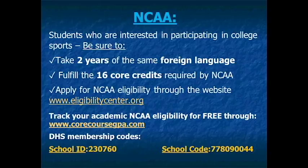website CoreCourseGPA.com. Create your own account on this website using the school ID and school code provided on the bottom of this slide. Although this site does not provide you with official eligibility to play a college sport, it will allow you to establish an account to track your NCAA academic eligibility year to year. Feel free to drop into the athletic office or visit the website CoreCourseGPA.com to gather more information about creating an